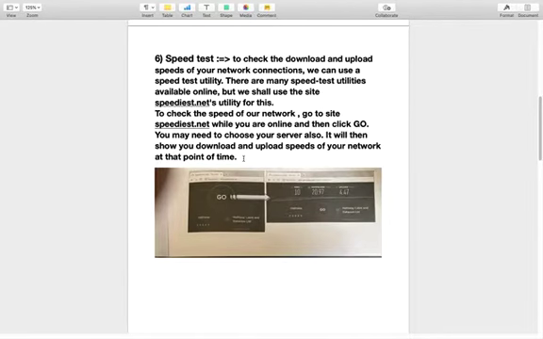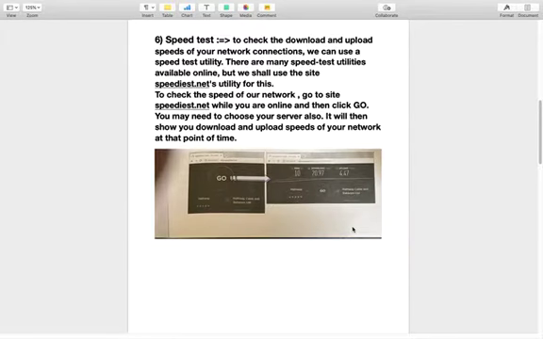So whenever we are working on the internet and we want to download or upload some data, if we want to check what our internet network speed is, that time this site is very useful. So it is used to check the speed limit of our network connection. When we click on Go, it will show our download speed is 20.97 and upload speed is 4.47. So from that we can check whether our network is slow or fast.